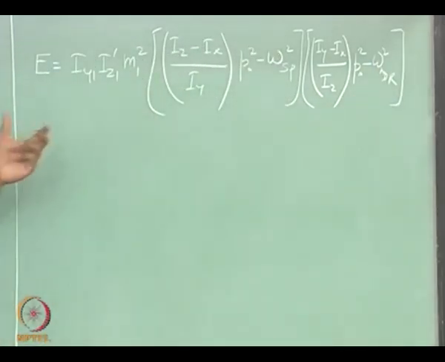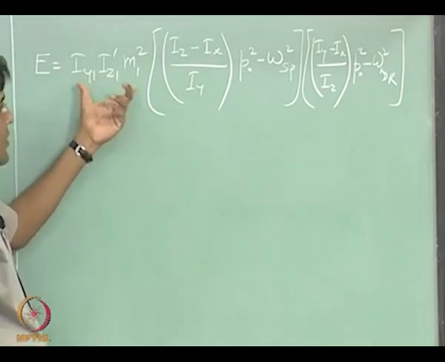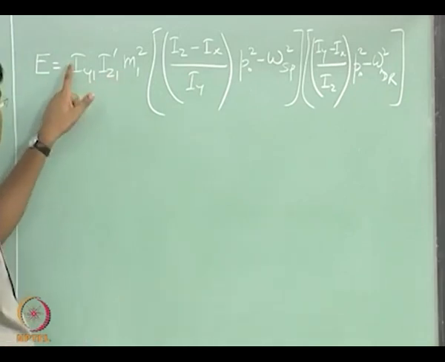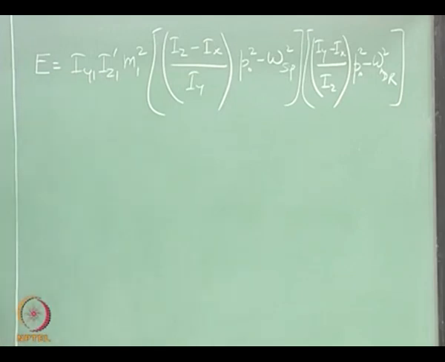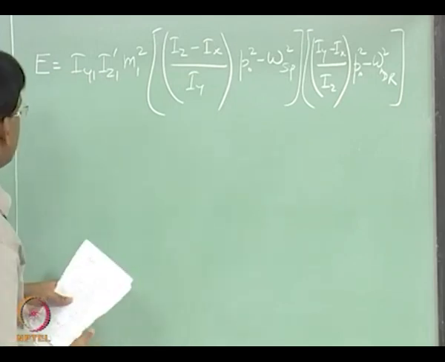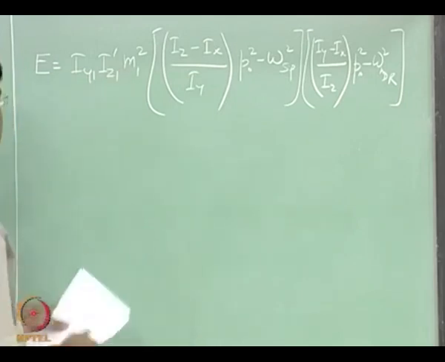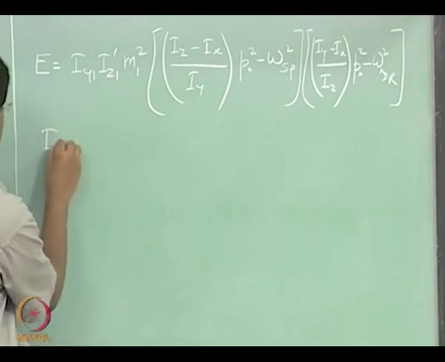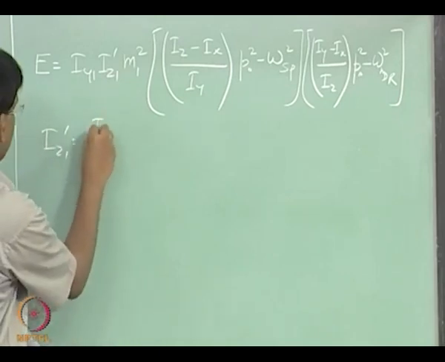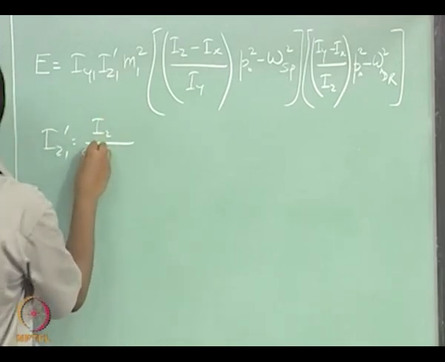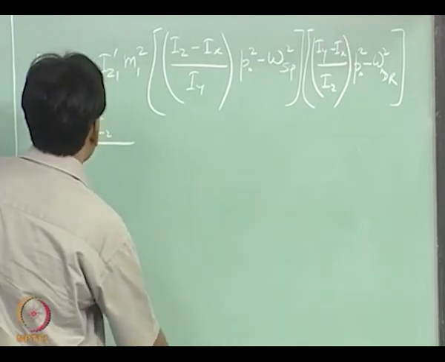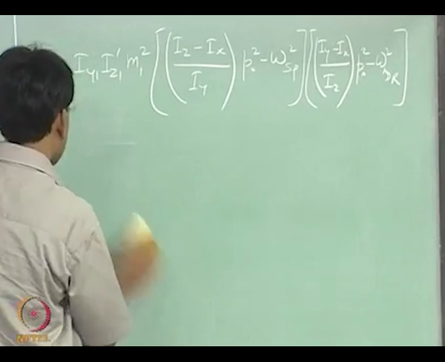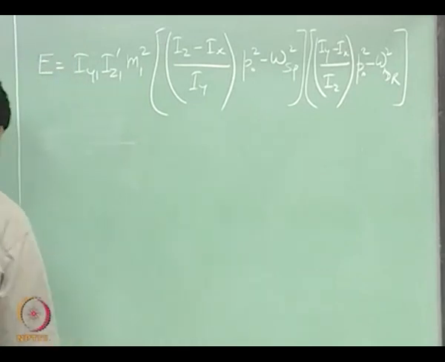This is what E is in terms of the aircraft parameters. I y1, which is I y over q s into c bar, I z1 prime, which is, yeah, I have written it there, into m1 squared. This m1 is